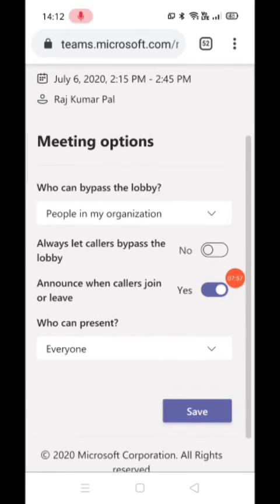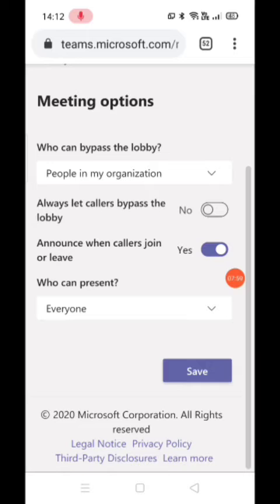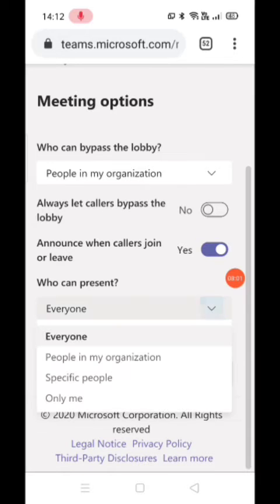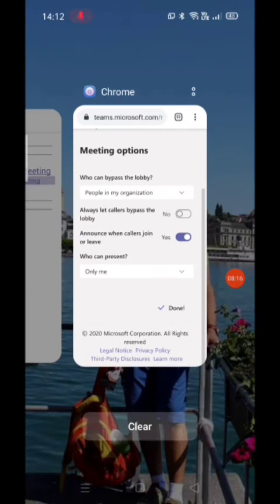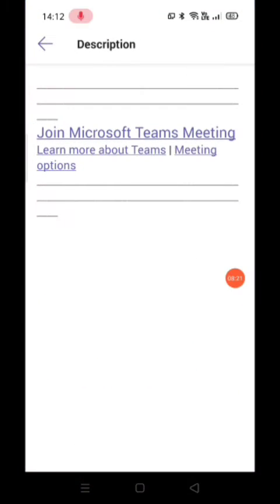Everything remains the same. Only where you need to change is who can present. Instead of everyone, you will make only me, and then save. Done. You have to do this every time you schedule a meeting. This is very important. Then I can close this window and come back to my Teams.